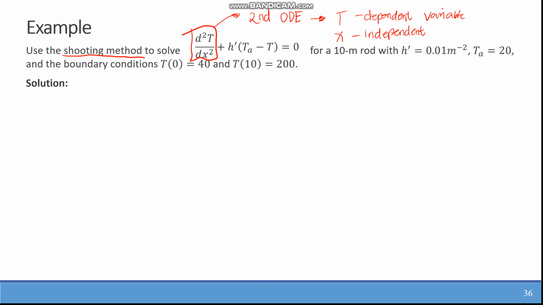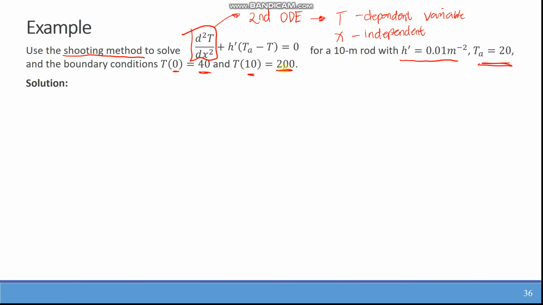We have a 10 meter rod, with h prime equal to 0.01 per square meter, or if we raise it to the numerator, that becomes m raised to negative 2. And T sub a is 20. And these are the boundary conditions: when x is 0, T is 40, and when x is 10,